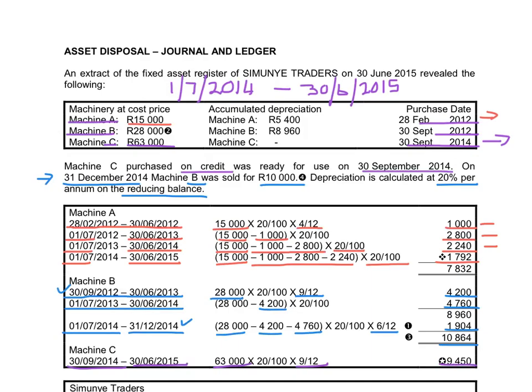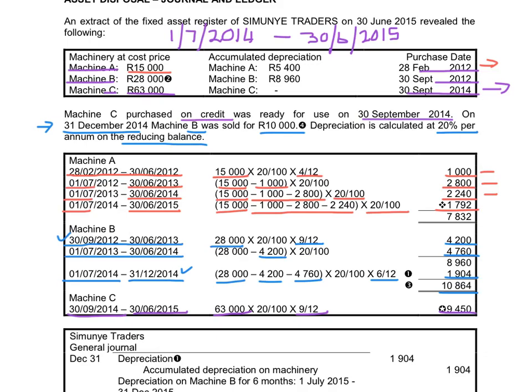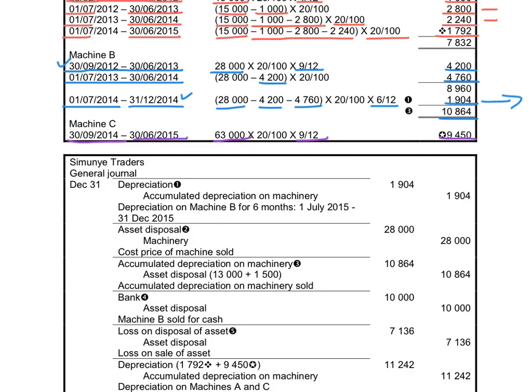9,450. We will now complete the transactions for the asset disposal, and we will first complete it in the general journal. Now, the first entry for asset disposal is to determine the depreciation for the current year, and we calculated that that would be 1,904. We will debit depreciation to increase the expense on the debit side with the